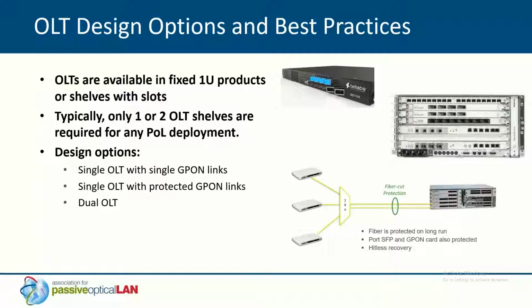Most of the vendors offer anywhere from a 1U, pizza box style chassis, up to modular chassis where you have slots to put any number of line cards you need for the number of OLT ports you may need. Uplink cards, or sometimes fabric cards that provide the core connectivity, management, and your database, can be redundant. The note here on typically 1 or 2 OLT shells being required for a project, that's a critical idea.